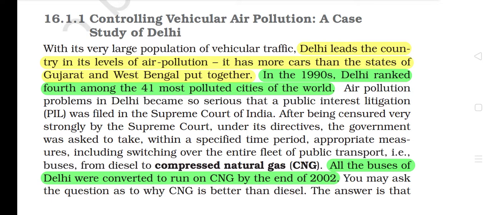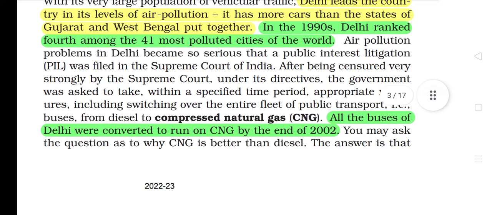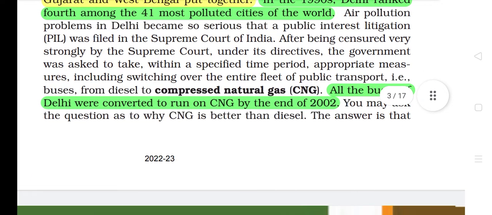It has more cars than the states of Gujarat and West Bengal put together. In the 1990s, Delhi ranked fourth among the 41 most polluted cities of the world. Air pollution problems in Delhi became so serious that a public interest litigation (PIL) was filed in the Supreme Court of India. After being censured very strongly by the Supreme Court under its directives, the government was asked to take